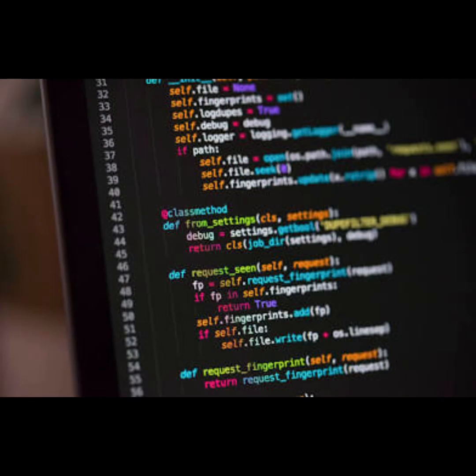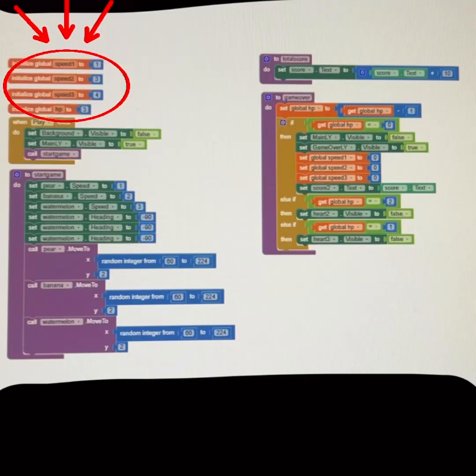Now, onto the coding aspect. Let me show you my code for the game. First, let's start with the top left corner. Here, I initialize several global variables. These include speed 1, speed 2, and speed 3, which control how fast the fruits fall. I also set a variable called HP, or health points, which determine how many fruits the player can miss before